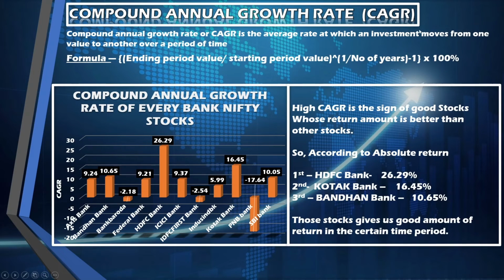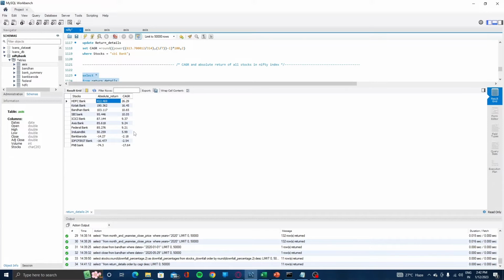Next is compound annual growth rate, which is CAGR. Compound annual growth rate, or CAGR, is the average rate at which an investment moves from one value to another value over a time period. The main difference between absolute return and CAGR is that absolute return is a continuing process of that investment, and CAGR is over a certain time period. That's why I'm using this formula: ending period value divided by starting period value, to the power of 1 by number of years, minus 1, into 100. So let's go back to the data sets, and you can see the same table